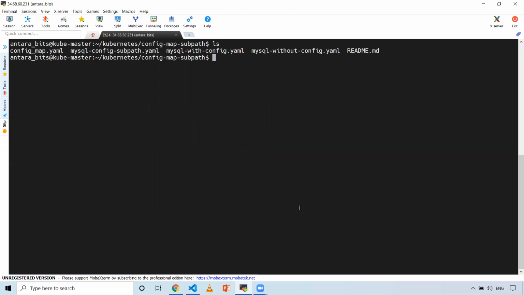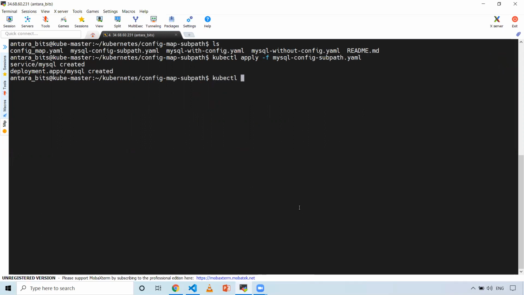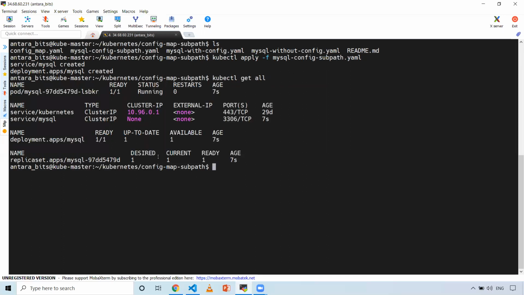So I already have a config map. Now I just want to deploy this particular one, the config map subpath YAML. When I create the service and deployment, it might take a little time to create a container, which is already up and running, and the config map I have already created.